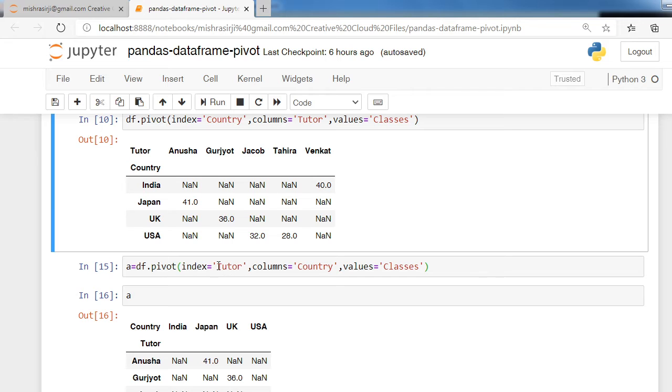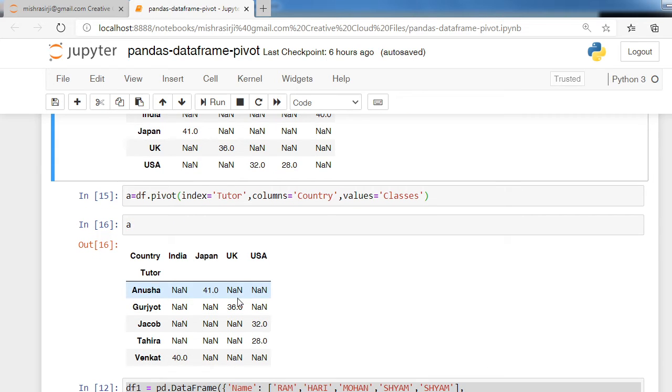Now here I am writing index equal to tutor, means row index will be created from the tutor column. You can see the names of tutors.